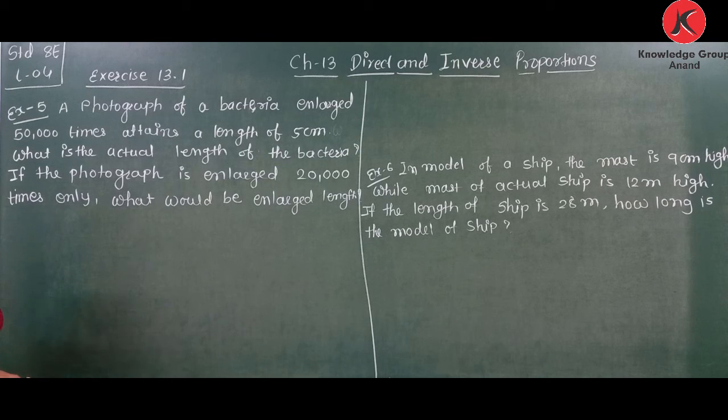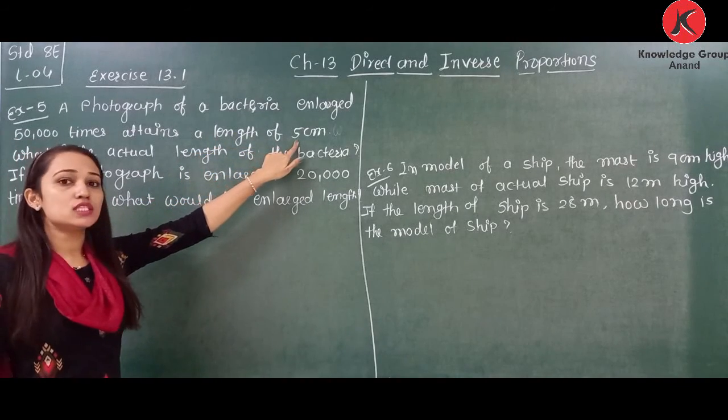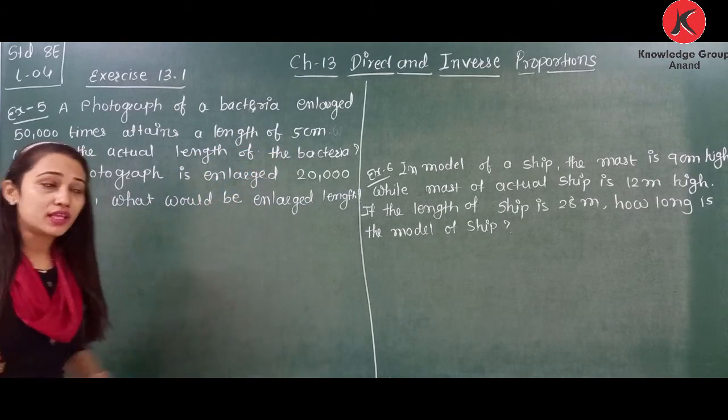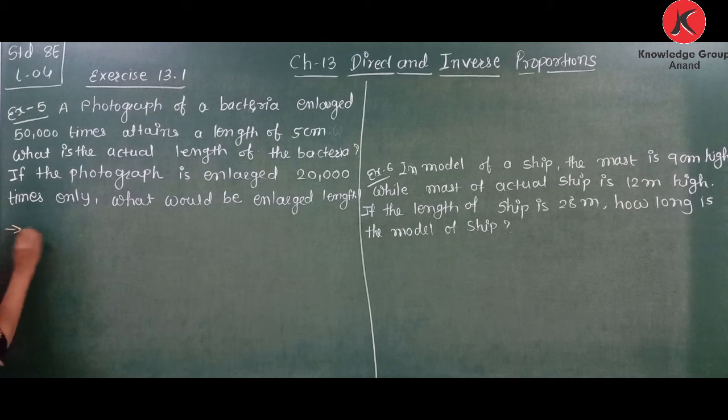A photograph of bacteria enlarged 50,000 times attains a length of 5 cm. What is the actual length of the bacteria? Here, after enlarging 50,000 times, the length of the bacteria is 5 cm. So to find the actual length,